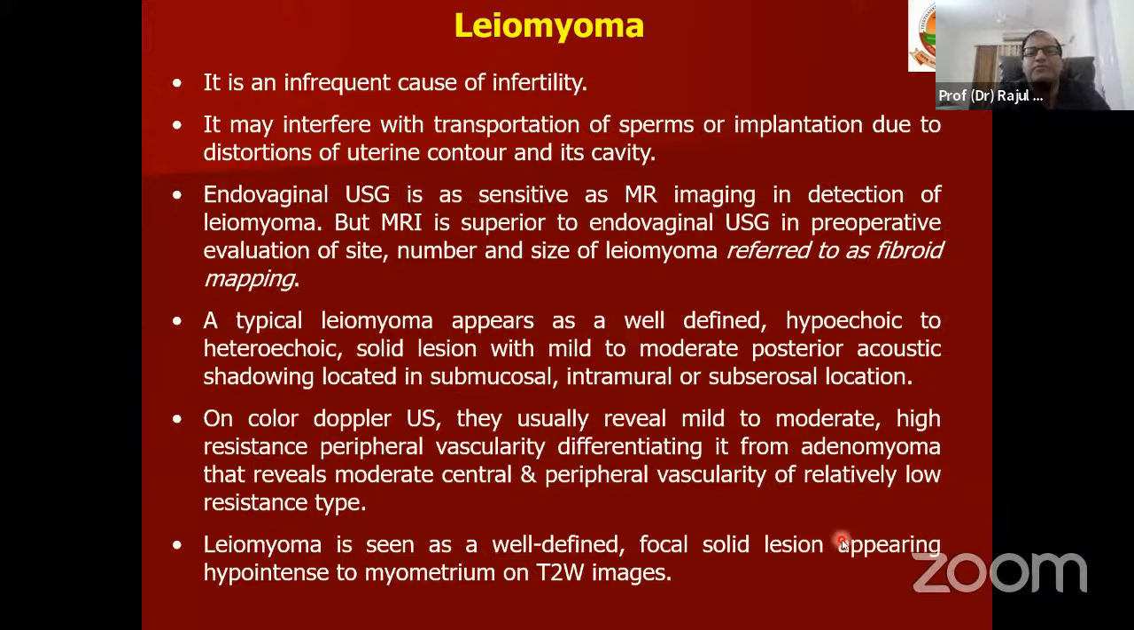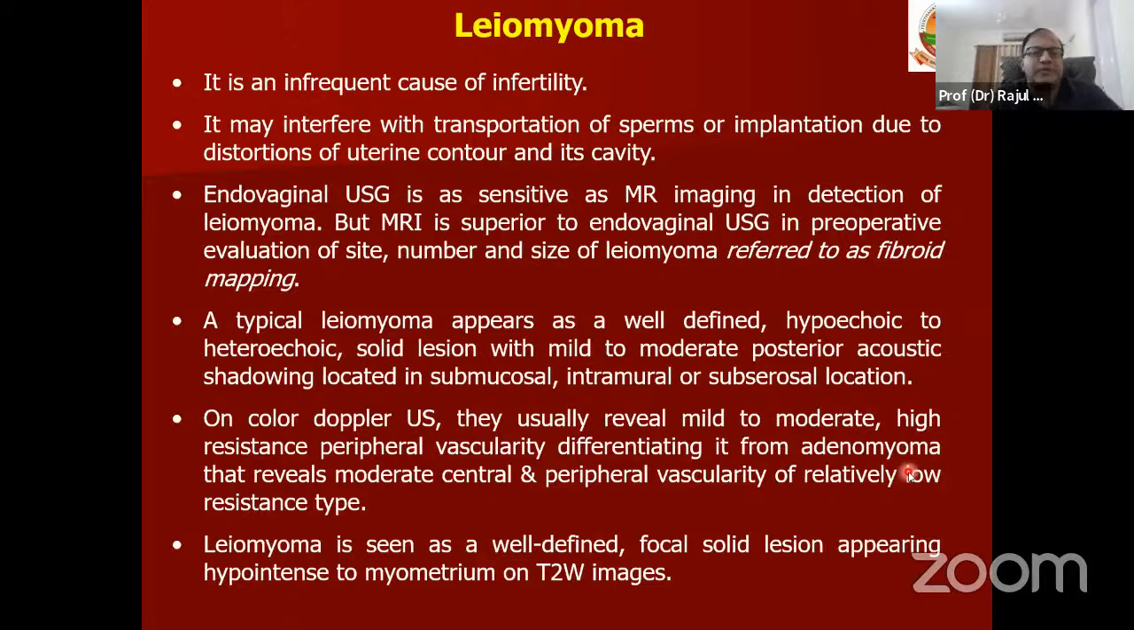A typical leiomyoma will appear as a well-defined hypoechoic to heteroechoic solid lesion with mild to moderate posterior acoustic enhancement or shadowing, located in the submucosal, intramural, or subserosal region. The color Doppler will reveal mild to moderate high resistance peripheral vascularity, and this characteristic feature differentiates it from adenomyoma. But in practice, many cases that we diagnose as fibroid turn out to be fibroadenomyoma. So we should keep this in mind that in fact true fibroids,